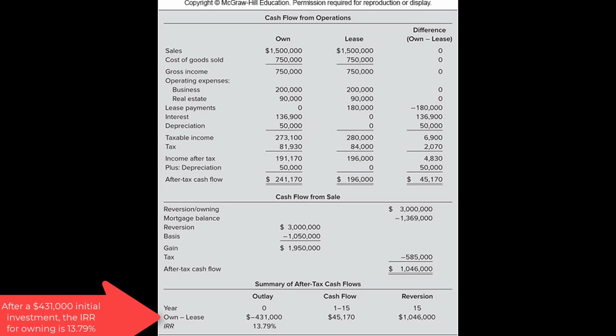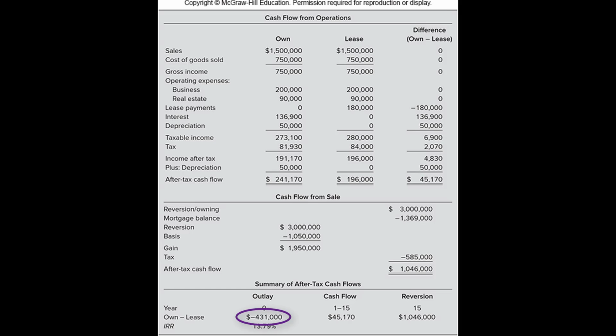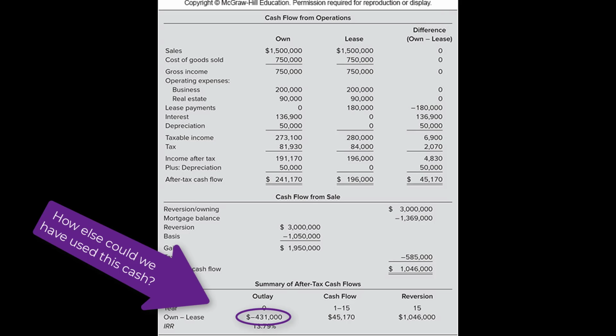So whether the after-tax IRR is sufficient to justify the additional investment in ownership versus leasing the space depends on the opportunity cost associated with that investment of equity capital in the property. In other words, what other investments are available to the firm that they could use that money for instead of, or as an alternative to, investing in this real estate.